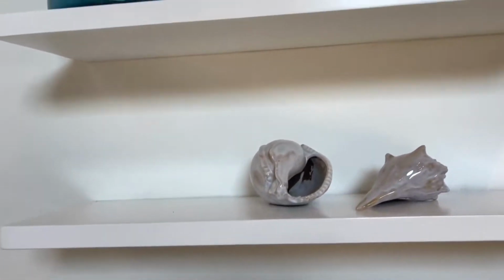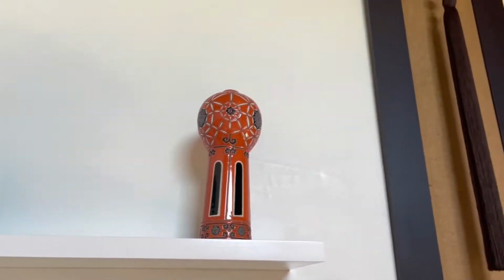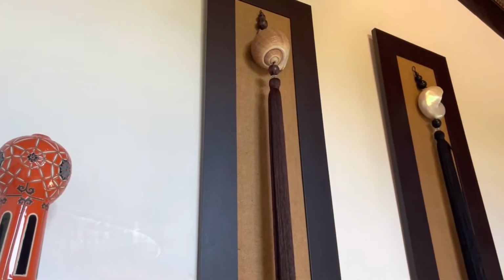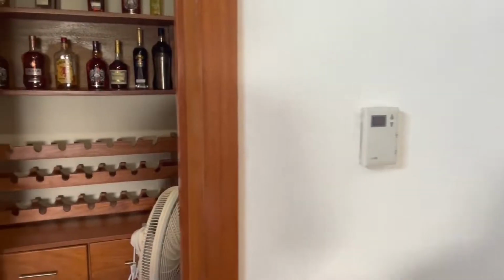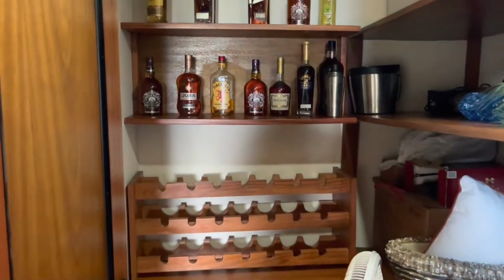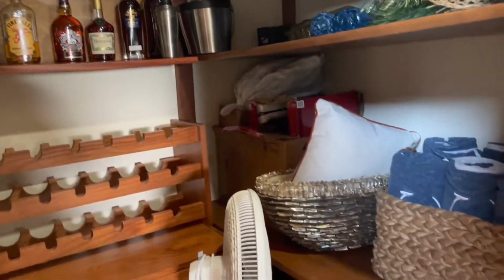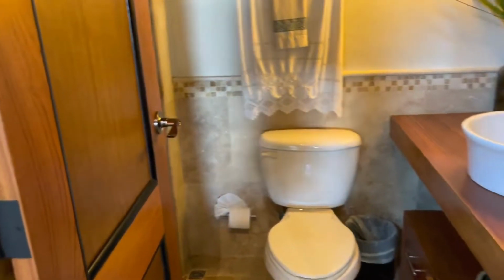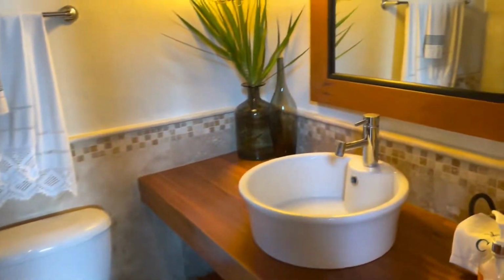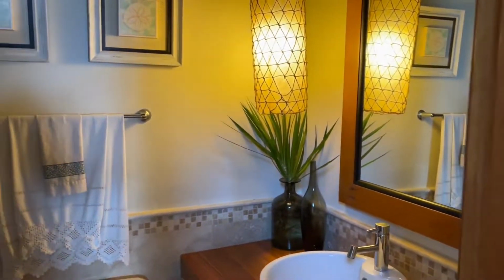And now let's have a look at some of the knickknacks on the shelves right here. Really like all these seashells and all these vases in a Dominican style. I mean, just take it in. It's just beautiful. I don't know how else to describe it. I know I've used this word a lot in this video, but still. And here we also have another storage room for all our liquor, our cellar, you might say. So you can store all your alcoholic beverages, your glasses and whatnot in that storage area. And here, by the way, we also have another full bathroom, so you don't have to go downstairs